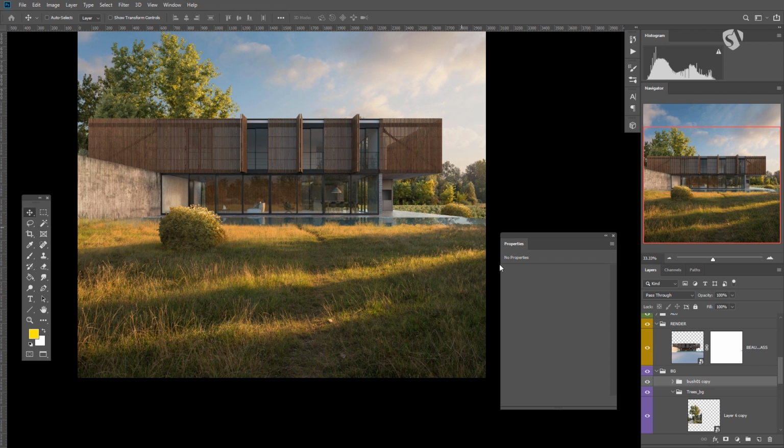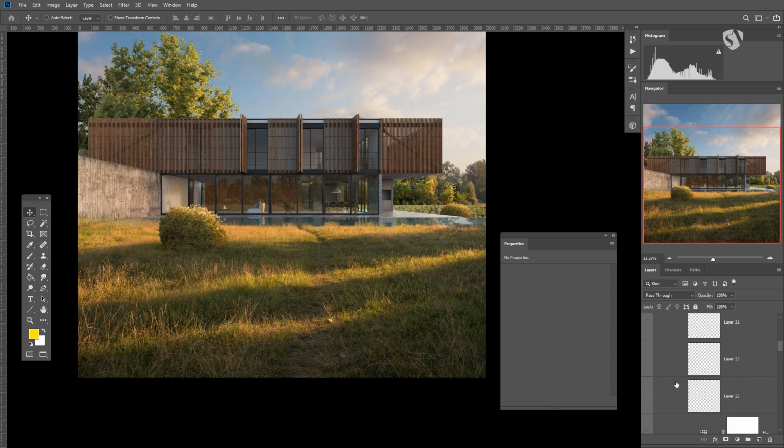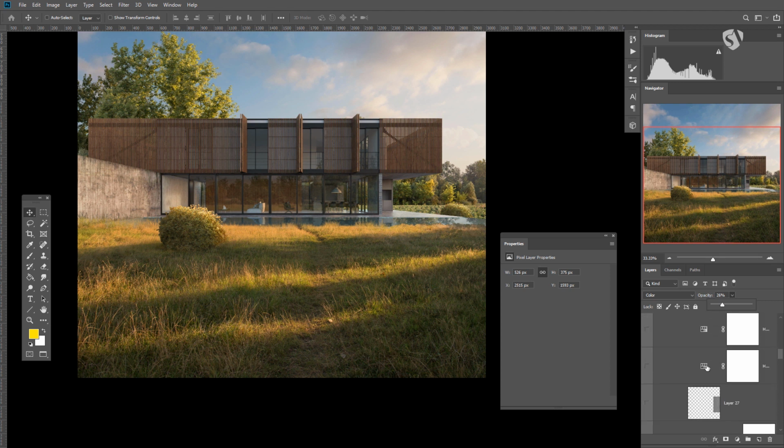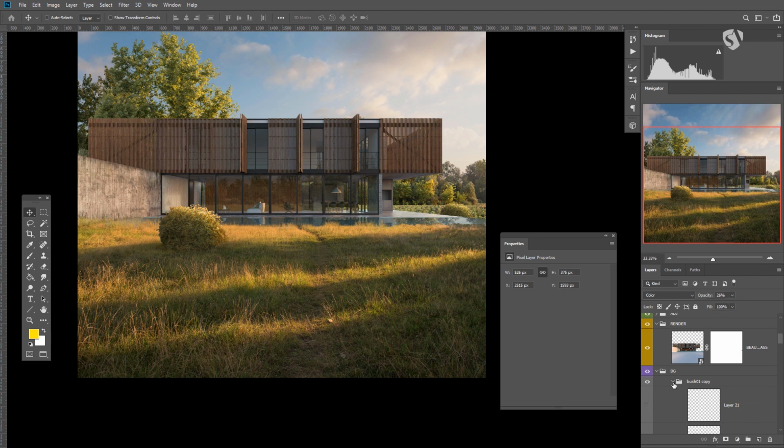Now I like the position here, and what I want to do is match a little bit more the color of the grass there. So I'm opening it, and I'm probably going down with the opacity of this layer, which was the layer that gave us the color of this kind of orange grass. So as you can see now, it's kind of working. And what you need to do here, in order to make the reflection of this,